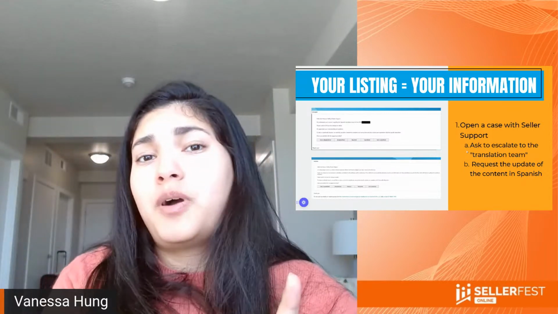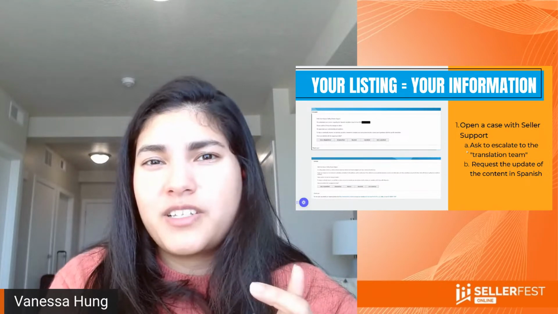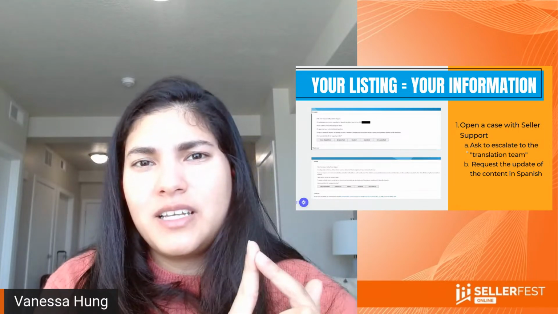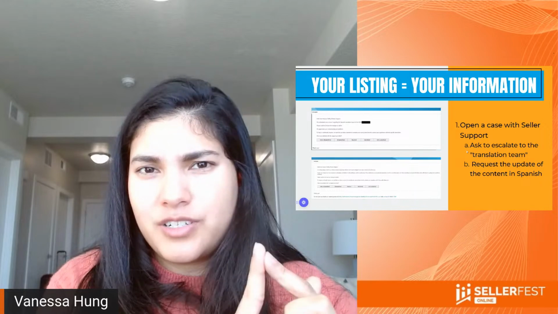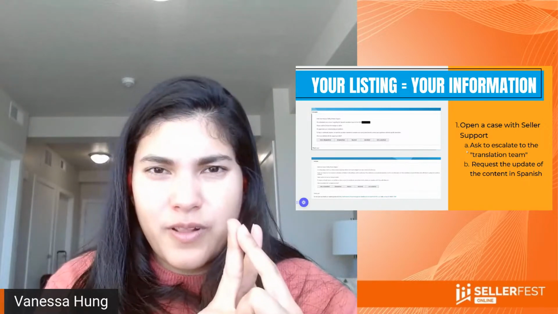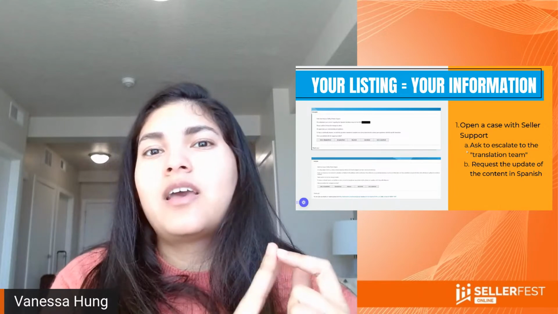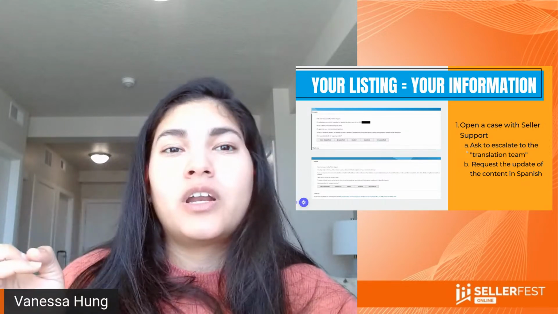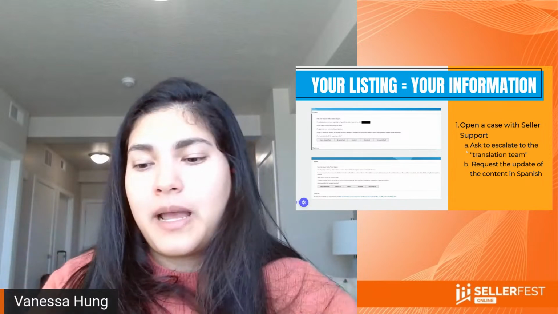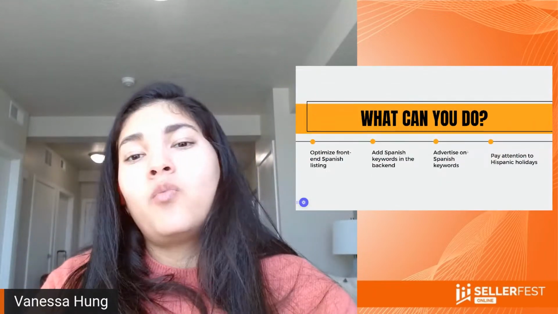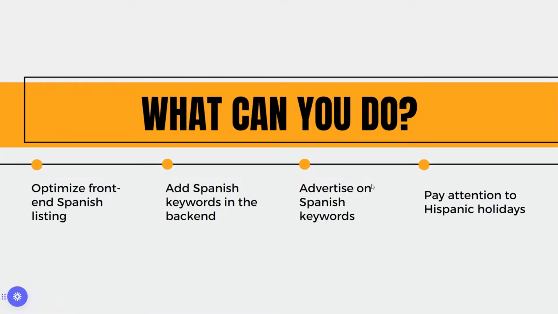So that's the first part of optimizing your listing. You optimize the listing in the front end with the translation, and then you go with flat files and change the information so you can get indexed for the keywords that you want to index for in Spanish. And what other things can you do on top of optimizing the front end and the back end?